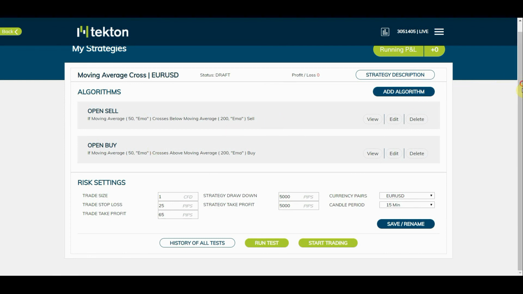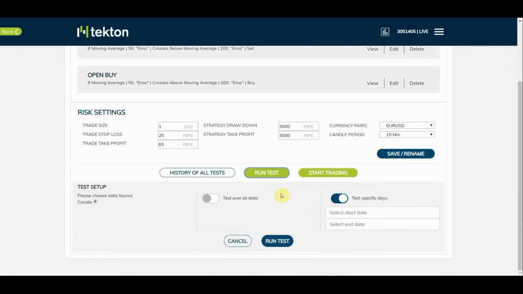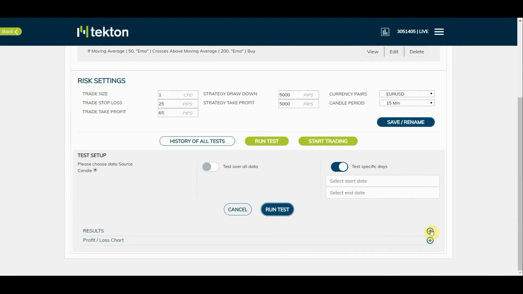So in order to backtest, let's just scroll down a little bit and give ourselves a bit more room. We click the Run Test button here, and we test over all data. Okay, we have 2 choices when it comes to back testing. We can back test over all of the data, that's going back to the beginning of 2017, or we can back test specific days, weeks, months, or even years. Once we've done that, and we're going to use all data for this, we click Run Test. Once we've done that, we can drop down a little bit more, click here,